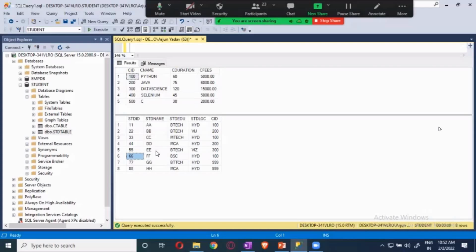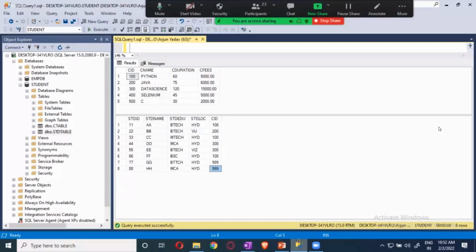Now, what are the details which will not be present in that? 7, D and H, who are the employees, those details will not be present because they are not taking the courses which are available. So the students who are taking the courses which are available in the course table, only those data will be coming out, guys. That is where it will be done.